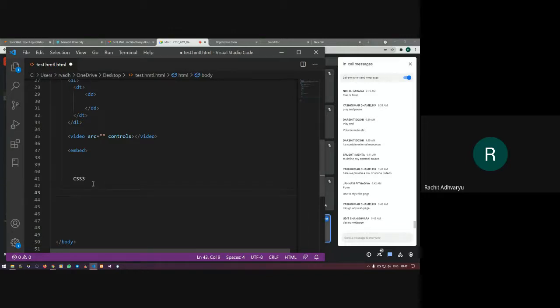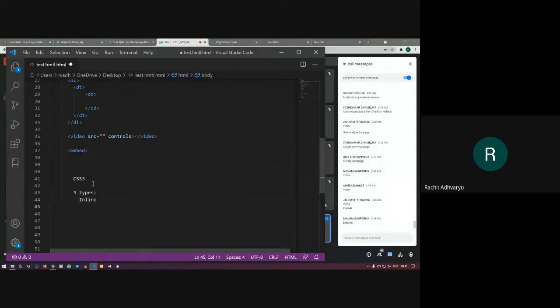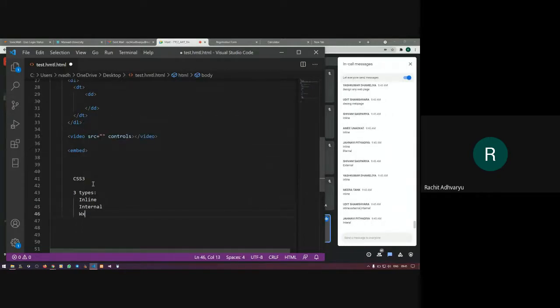Right. So CSS that we know. Now CSS has three types. Tell me the types quickly. Three types of CSS. Okay, one is inline, second is internal, and third is external. Now tell me, is there any difference between internal CSS and external CSS?